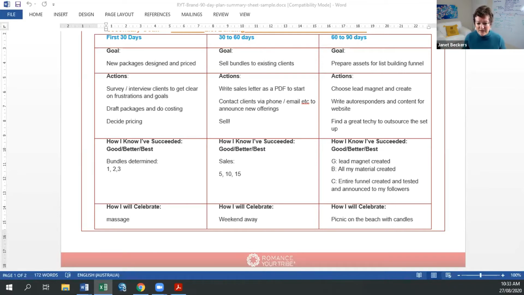I'll just come over here now so that I can see you. And I'll see if there's any questions here. Okay, so if you're watching on the recording, just type in any questions. And if you'd like a copy of the one-page template so that you can use it yourself, just let me know and I'll make sure that you get it, okay? Now, let me have a look. We're going to look at this next one now.